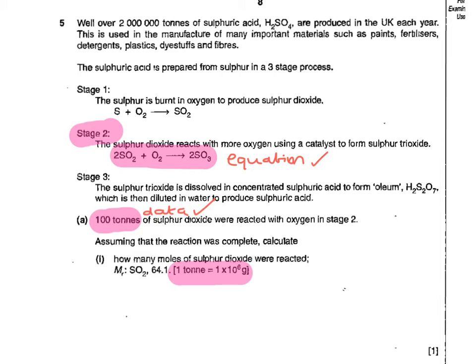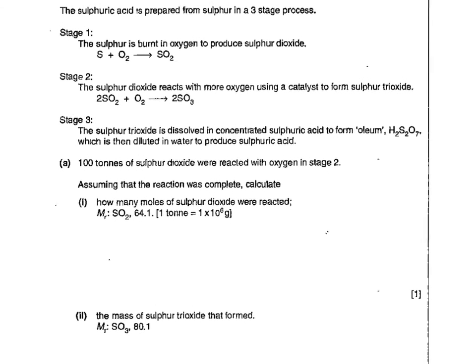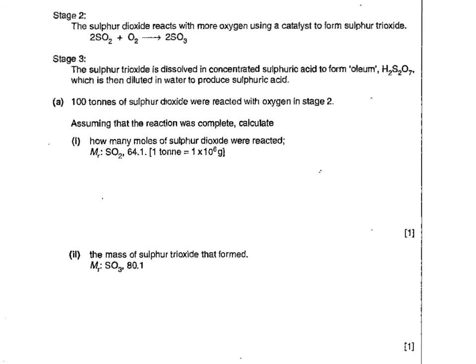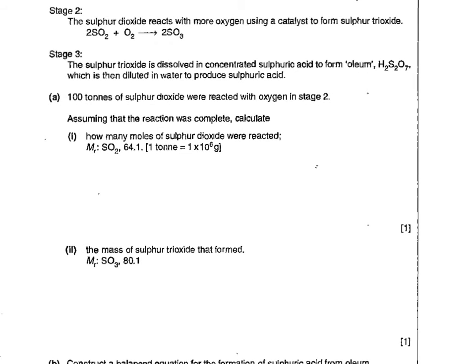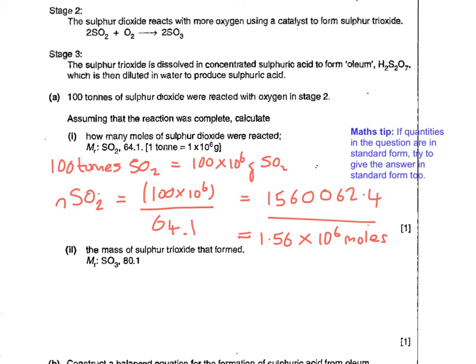Because we've now identified our data and also where our equation is that we're working from, we can begin the calculation. So I'm just going to move the page down a little bit, keeping the equation in view so we can begin. The first thing to do is to convert tons into grams, because grams is the unit we need to use for moles equals mass over Mr. So if I do that calculation by putting the numbers in, I get